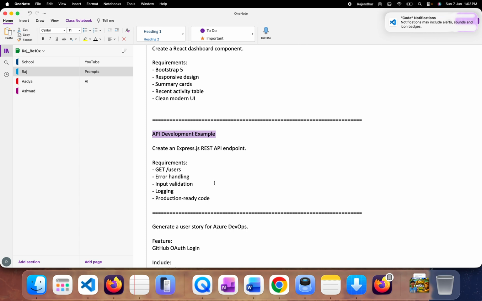This Copilot is not just generating the code, it is generating architecture patterns based on your instructions. Okay,